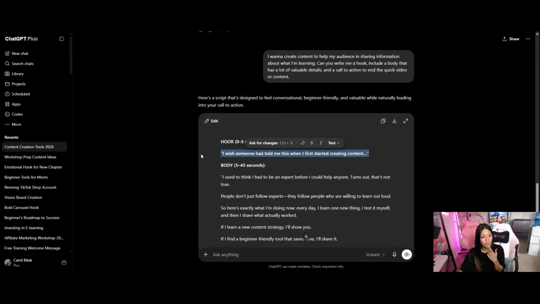This is going to be on the screen, so whenever someone scrolls and they get straight to my video, this is the first thing they'll see: "I wish someone had told me this when I first started creating content." A hook is something that'll grab the attention of the scroller within seconds. It's a hook. That's why it's called a hook. It hooks them in within the